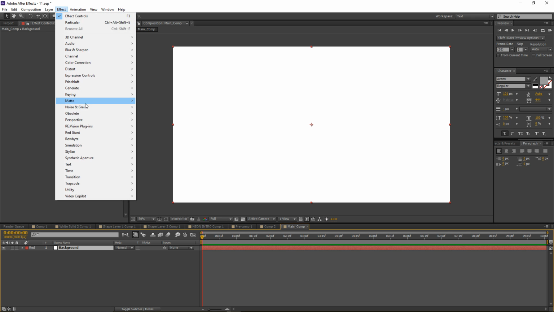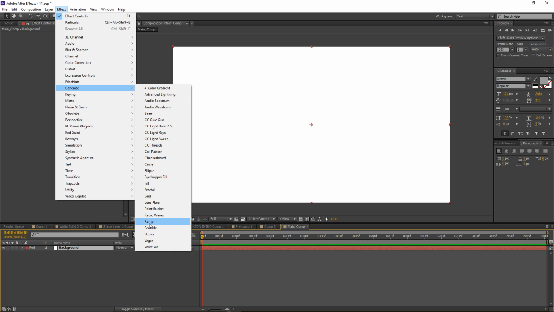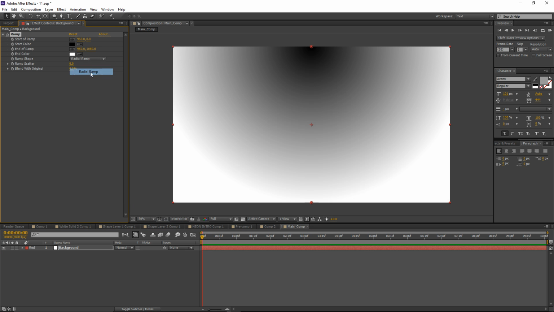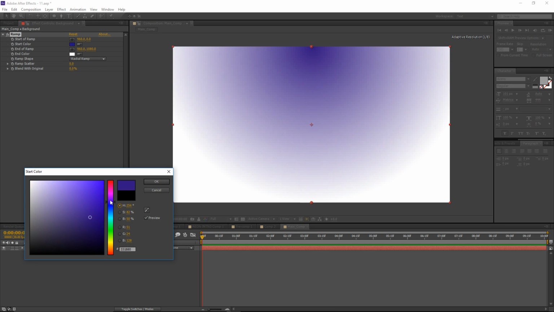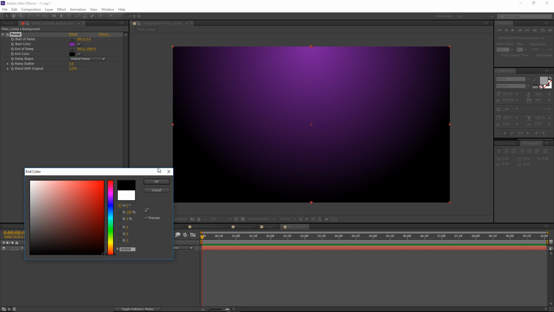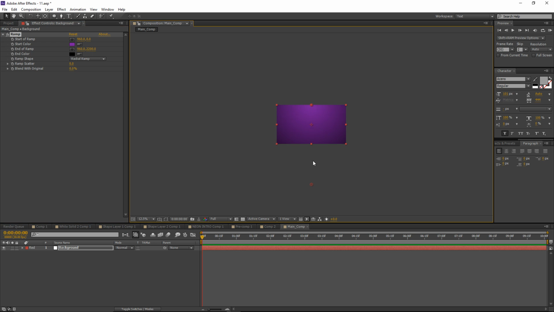and let's go ahead and add an effect, Generate, Ramp. And let's switch this to a radial ramp, and for my first color I'm just going to use a nice violet, and for my second color let's use black. Let's spread these colors out a bit,